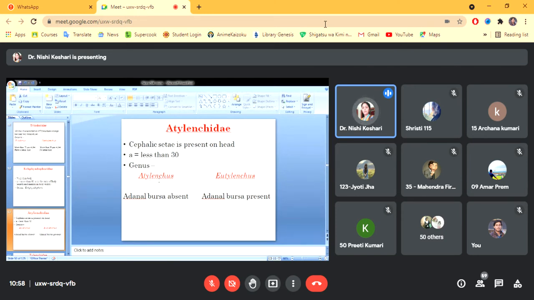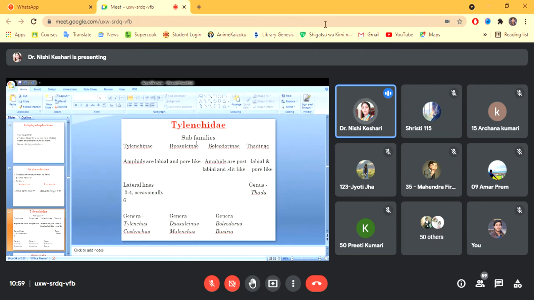So here the two genera are present, Atylenchus and Tylenchus. The only major difference is that the bursa is absent here and present there. And a is less than 30 in our Tylenchus, less than 30 meaning these nematodes are wider, not very long. Now